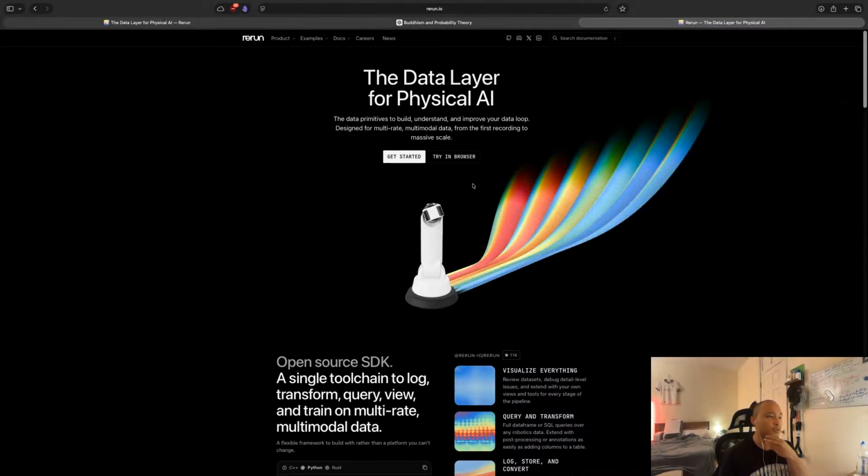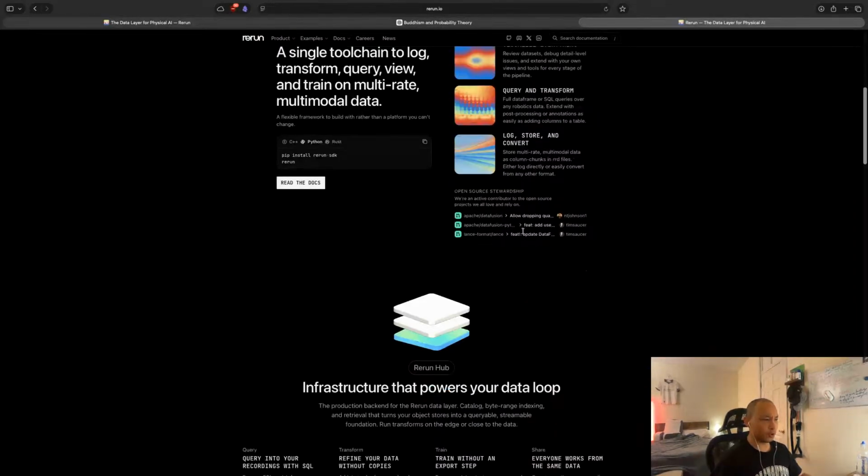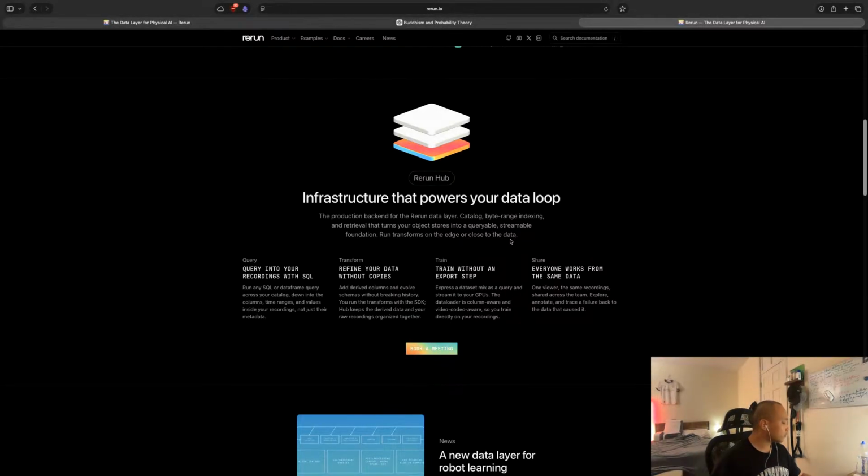And this company, Rerun.io, is emerging as a way to visualize these multimodal and multi-rate data in a single place, and have a data format and structure such that engineers can easily query, transform, log, store and convert it, and make it easy for them to use, especially to train the model over.